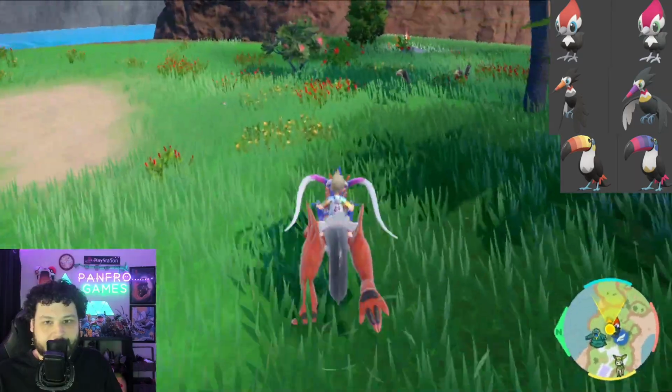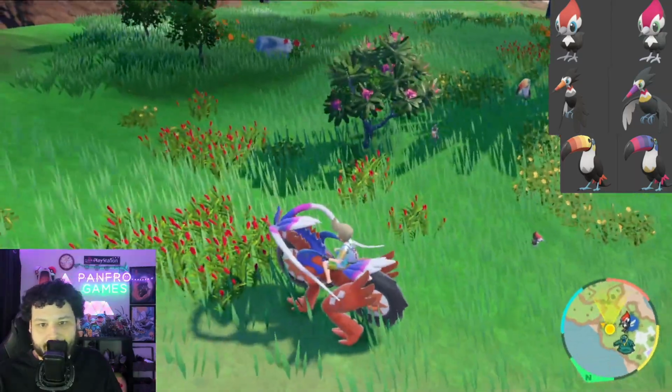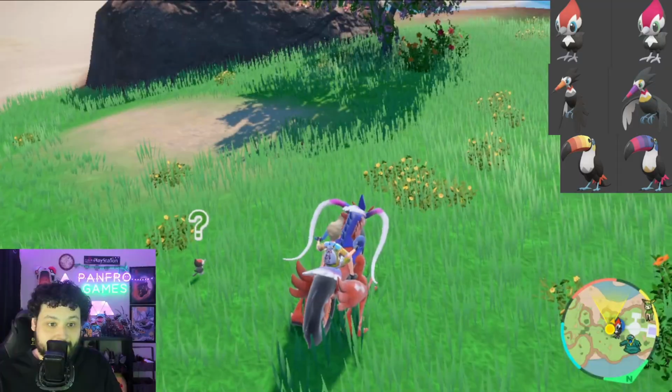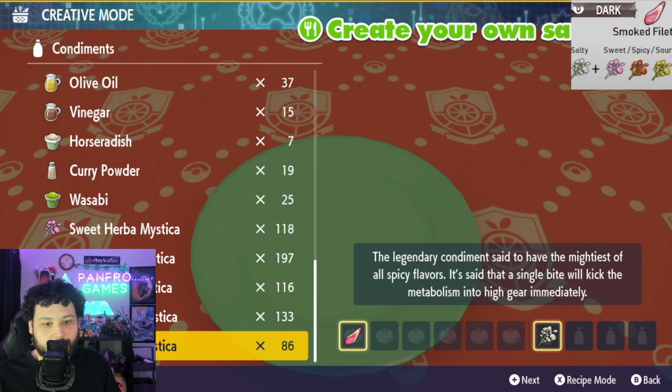But it's a relatively easy hunt, but you may want to do a walk around and then check on each Pikipek, just because the grass will sort of hide them. But for the other birds, they're big enough where they don't get hidden by the grass, so you can easily do that hunt down. Next up, we're going for a dark type sandwich, 1 smoked fillet, 1 salty, and 1